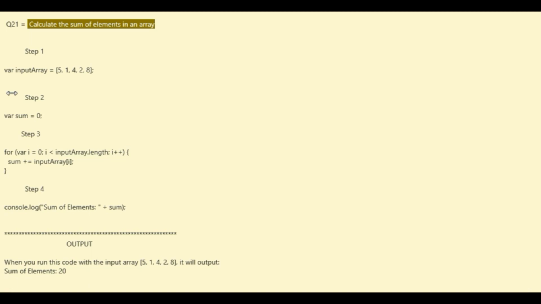So this is question number 21, guys, which I'm going to solve, and question number 21 is: calculate the sum of elements in an array, right? So come to the steps first. First we define the input array, variable inputArray, 5, 1, 4, 2, 8. I just wrote that, and